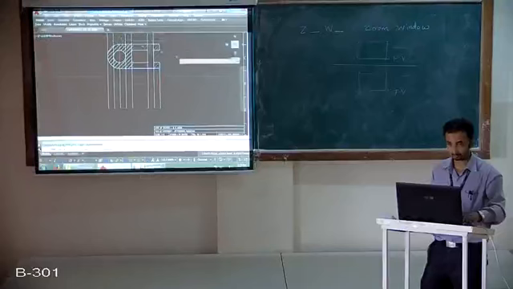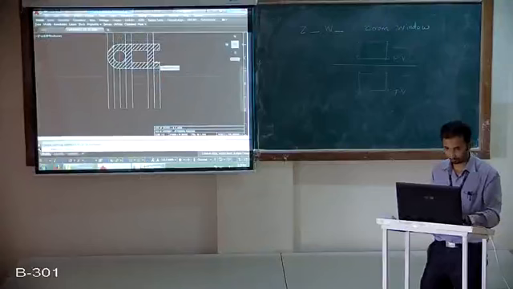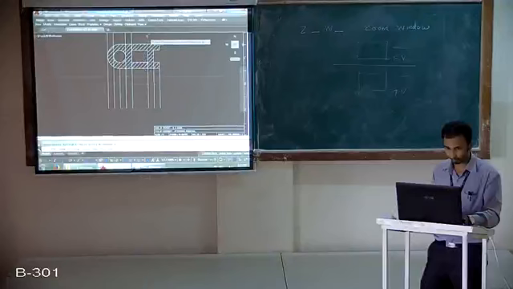Then use the match properties command from modify toolbar. Click on this gray projection line and select all these lines. Okay, now these are all in projection color.